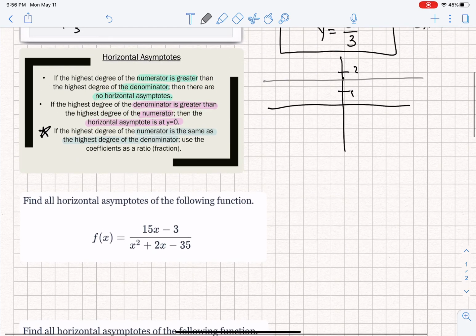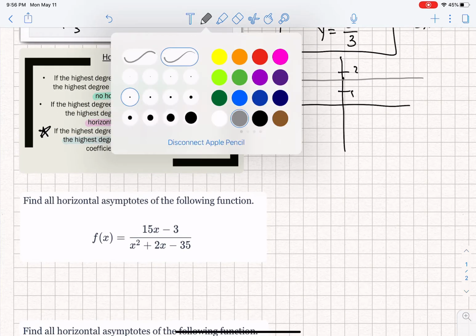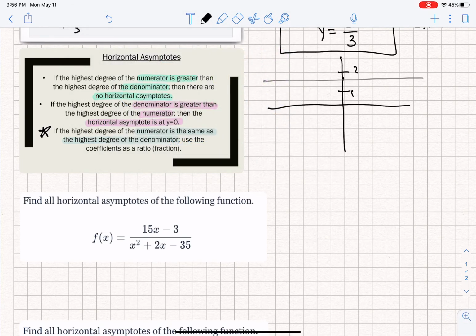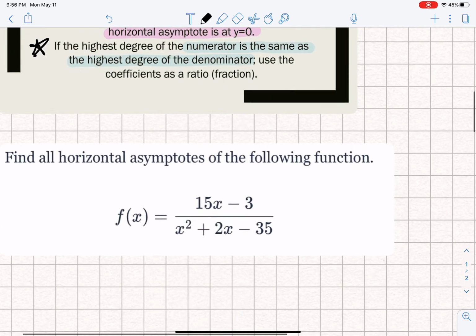I'm going to still be using this chart. Okay, so let's see. Find the horizontal asymptotes of the following function. So here we go. Now,